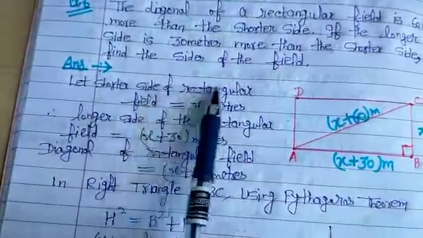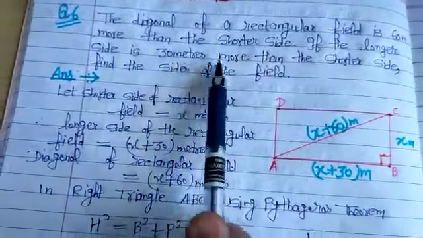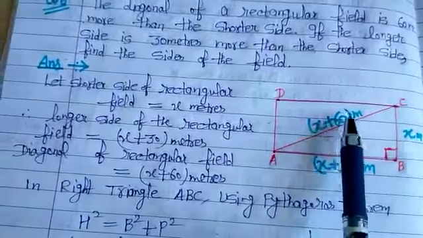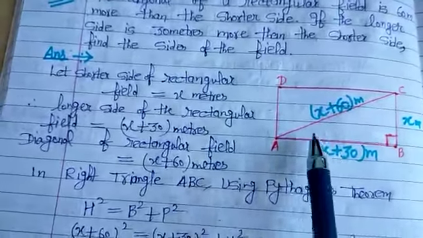So let us suppose that the shorter side of the rectangular field is x. The longer side is given as 30 meter more, so the longer side is x plus 30. And the diagonal is 60 meter more, so the diagonal is x plus 60 meters. Now you see,